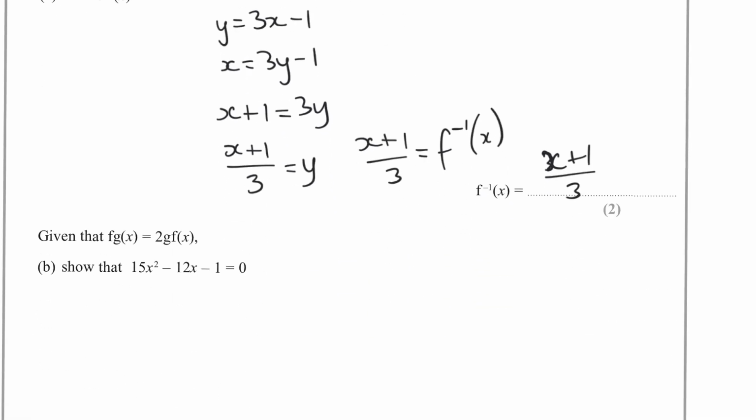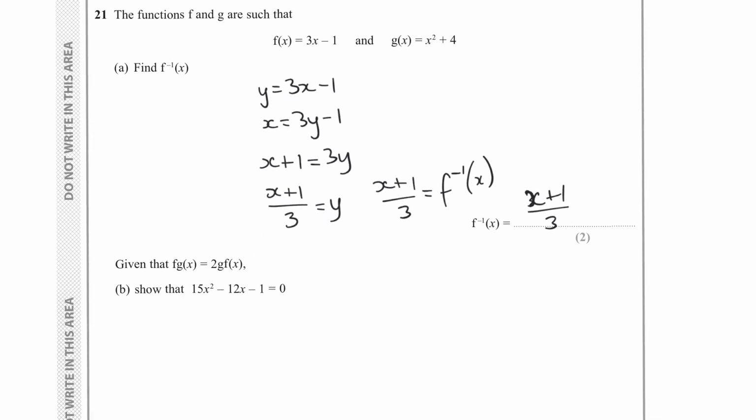And then the follow-up question says, given that fg(x) is equal to 2gf(x), show that 15x squared minus 12x minus 1 is equal to 0. So this is all to do with your composite function. I always think of when you're putting the letter inside, it's kind of like the baby inside the mother. So we're putting our g into our x for f of x. So it's going to be rewritten as